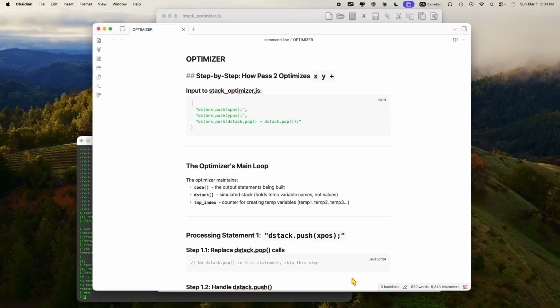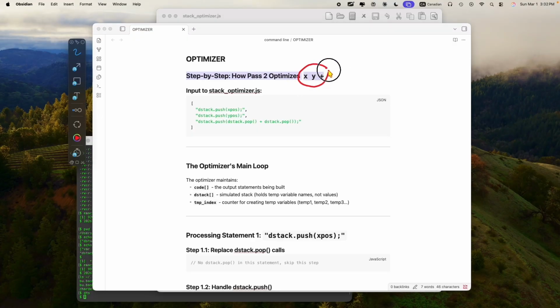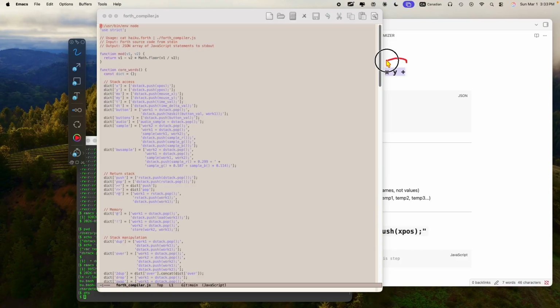I want to take a quick look at how Forth Haiku compiles and optimizes a simple expression. Here's the expression we're interested in. It's going to add x and y. So it pushes x, pushes y, and then calls plus. That's standard Forth practice. So if we look at this expression and we look at the code in Forth Compiler.js,